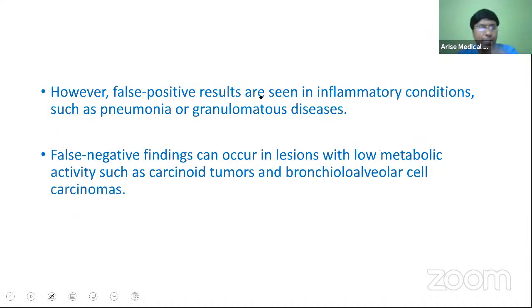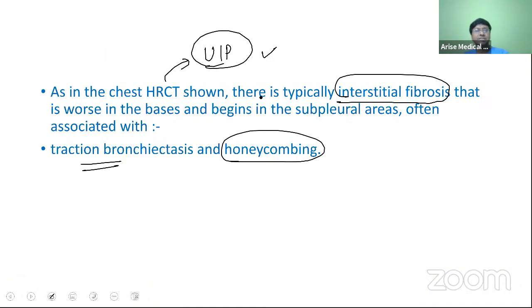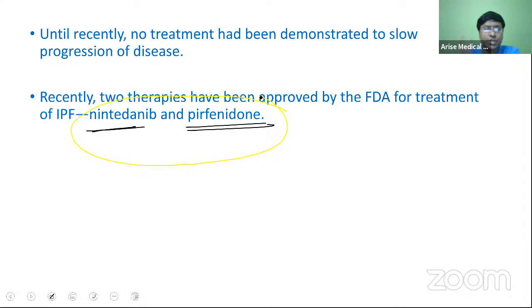Yeah. The take-home message of this particular question is that idiopathic pulmonary fibrosis will cause usual interstitial pneumonia. Very important point. And what does the HRCT show? It shows the fibrotic strands. It shows the honeycomb appearance. Okay. And what is the treatment? The treatment is two important drugs for idiopathic pulmonary fibrosis: nintedanib and pirfenidone. So this is a take-home message related to your idiopathic pulmonary fibrosis. All right. Next.